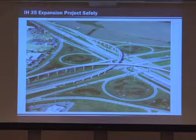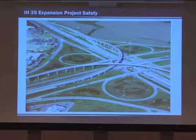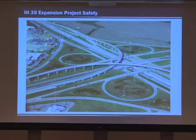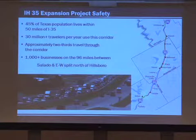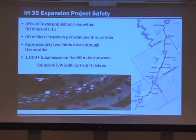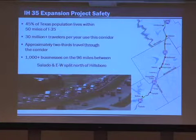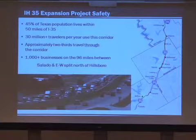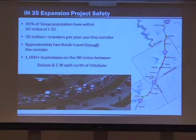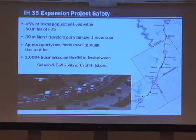Here's a picture of some of the finished work. This is the interchange south of Waco at Highway 6. Statistics say 45% of the Texas population lives within 50 miles of I-35, and 30 million plus travelers every year come through the corridor. We have found, as we started the work, and some of the things TTI is doing for us, which I'll tell you about in a little bit,